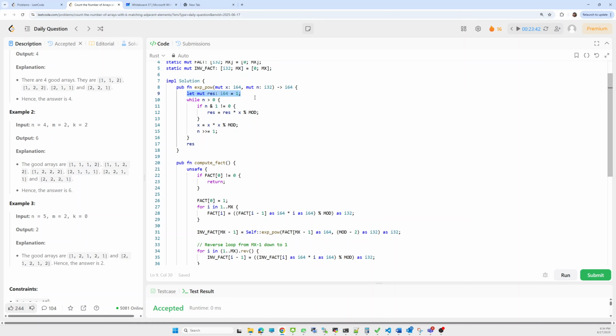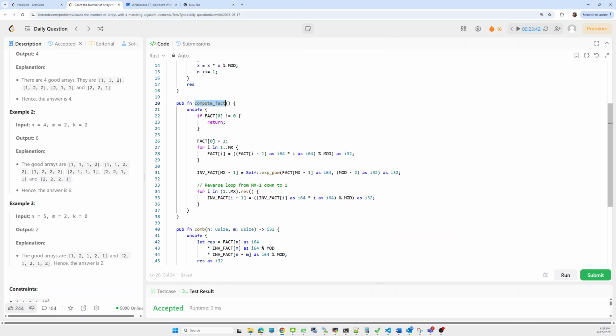This is the way to define a local variable: let mut result, and here we initialize result as an i64, a 64-bit, and then initialize it from 1, and everything else is the same.